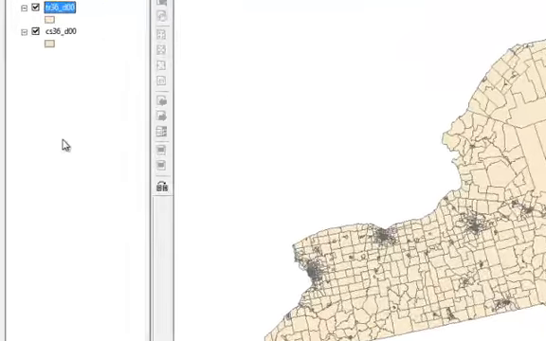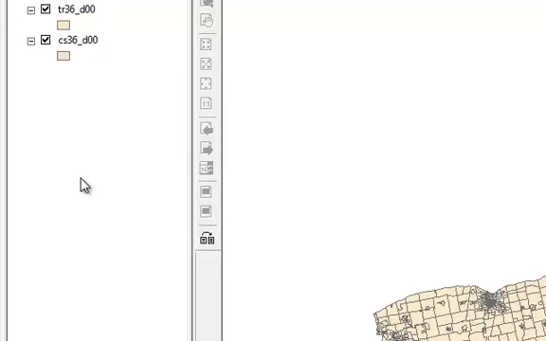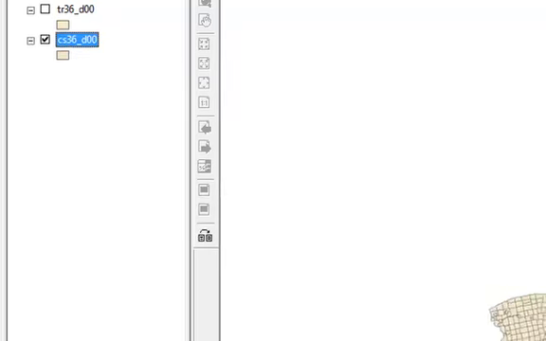So once you do that, we need to import the Excel file. But first, we don't need the entire state of New York, so let's make a clip. If we zoom into